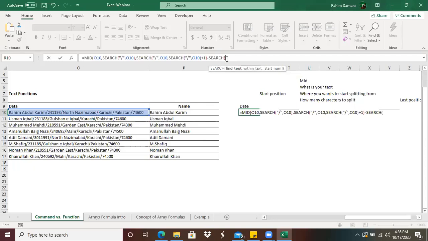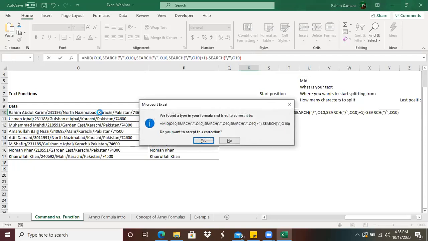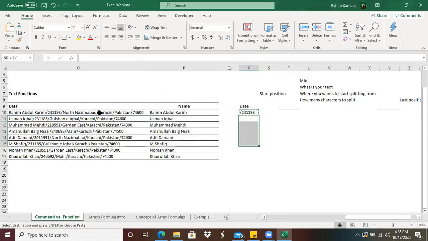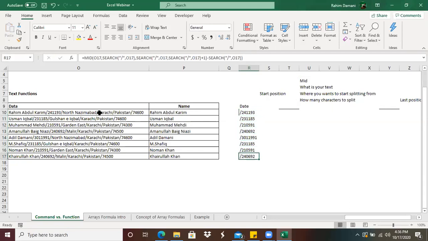So I define here the first slash, because the in-between value is the date of birth. As you can see here, I am able to get the overall date of birth from that part.